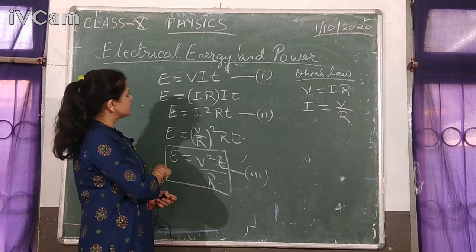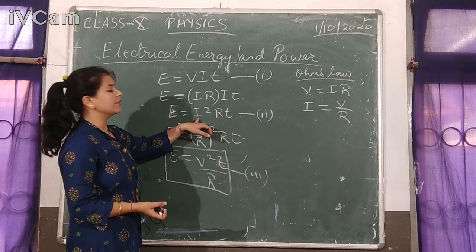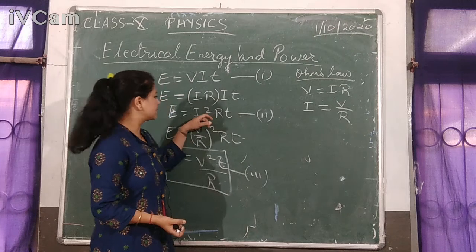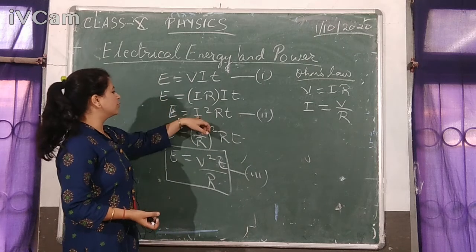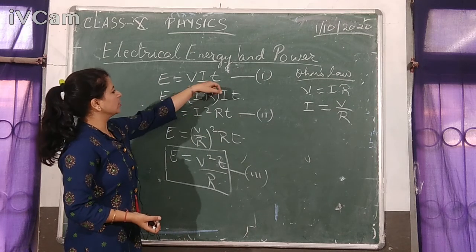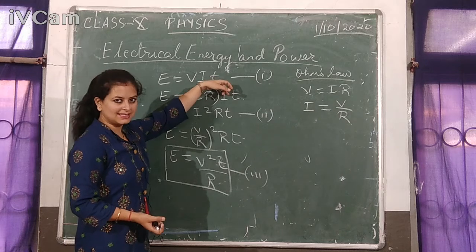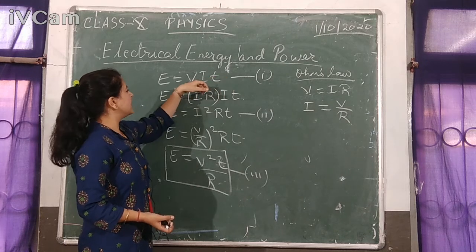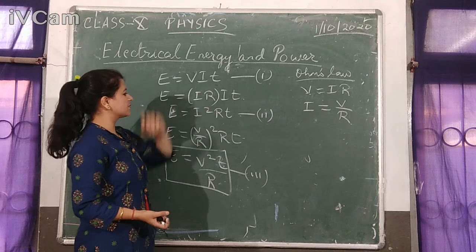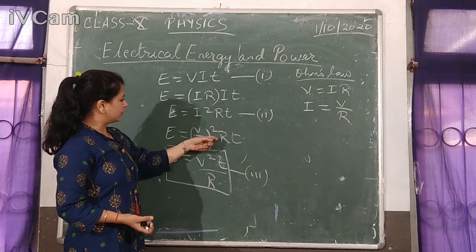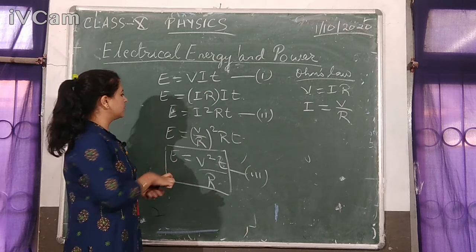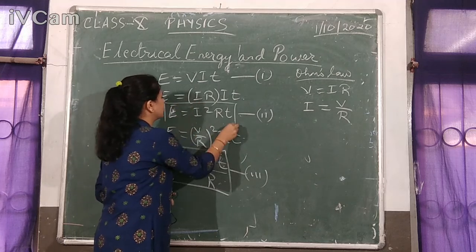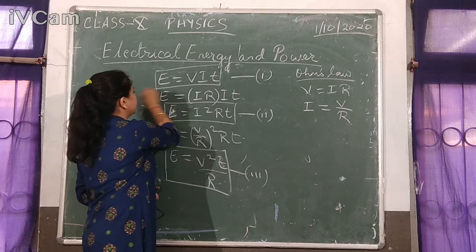Or if you can't see the value of potential difference given and you see the value of current given in that particular numerical, you go for this formula. Or if both are given, you can go for this formula. This is the easiest one, okay? Provided you have the values of V and I in front of you, you can use this one. Or you can go for this one also, and you can go for this one also. So these three happen to be the formula for electrical energy.